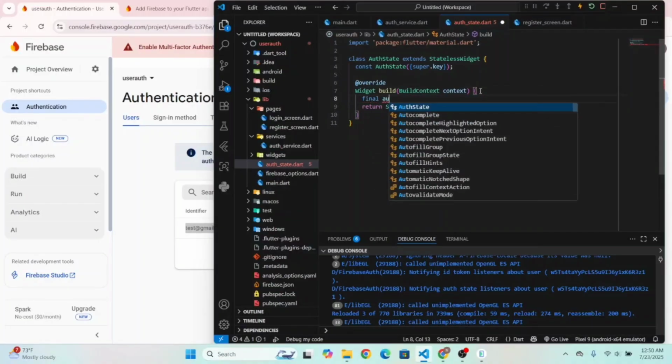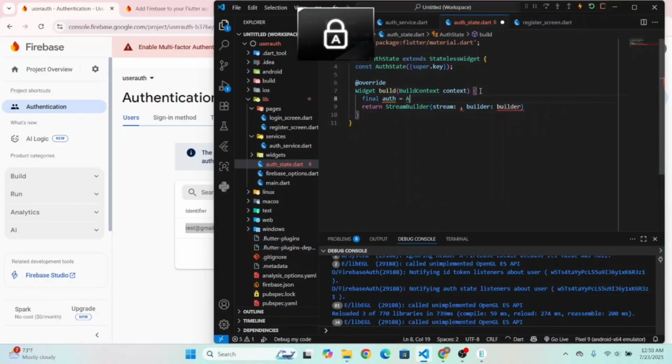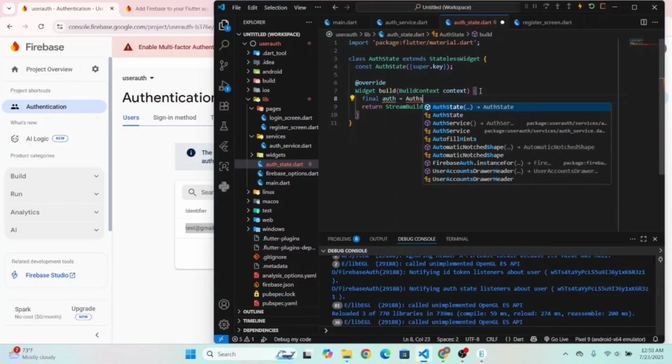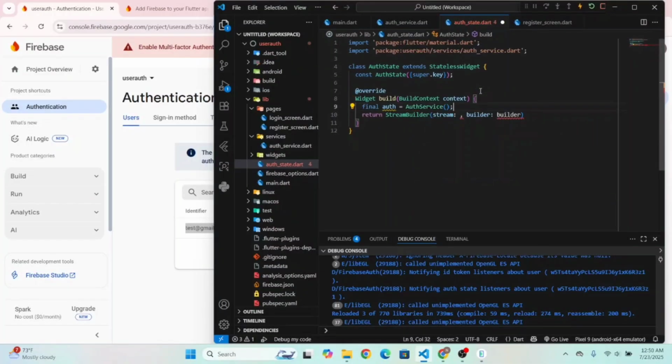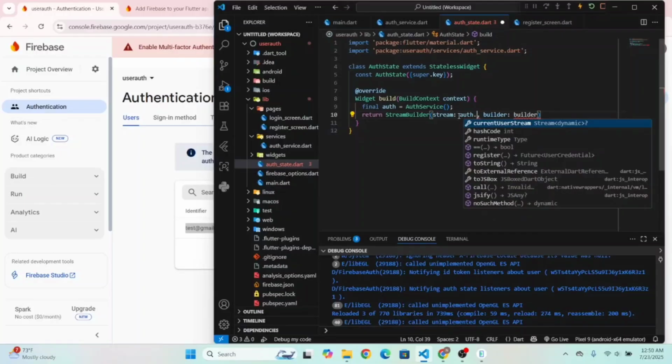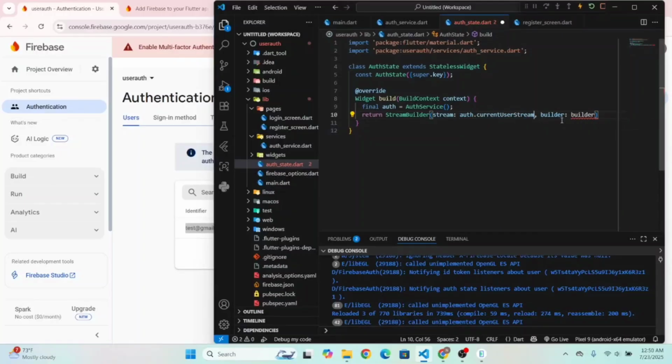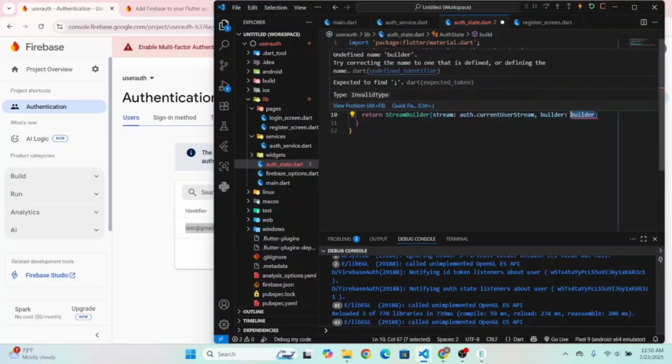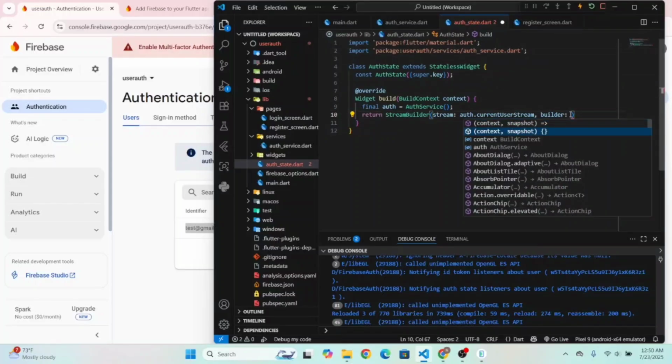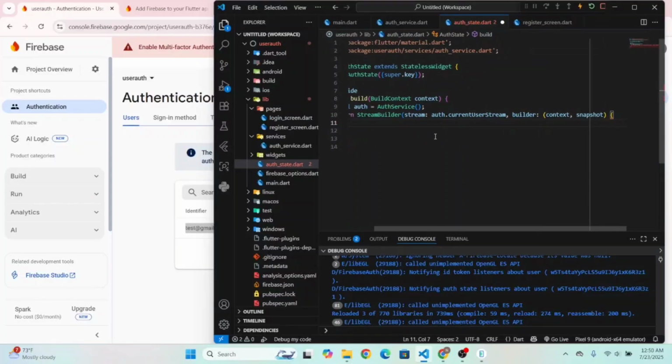Final auth service. We get that getter current user stream, and in the builder